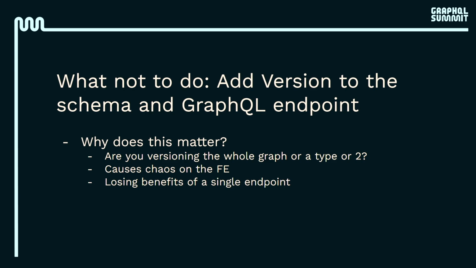And one of the things that this would cause, and this is just going to be fun for me to talk through, is it causes a lot of chaos in your front end. What ends up happening as you version these things, do you use version 1, 2, 3 of your graph? And even on that note, is version 1, 2, 3 different in the spot I'm using it? These versions create a lot of chaos because, number one, you don't know what's the newest version. And on top of that, does your part of the graph that you're using really change in that version? Probably not. Again, all it takes to do a new version, quote unquote, is really just adding or removing a few types or a few fields on that type. And that's very easy to hit.